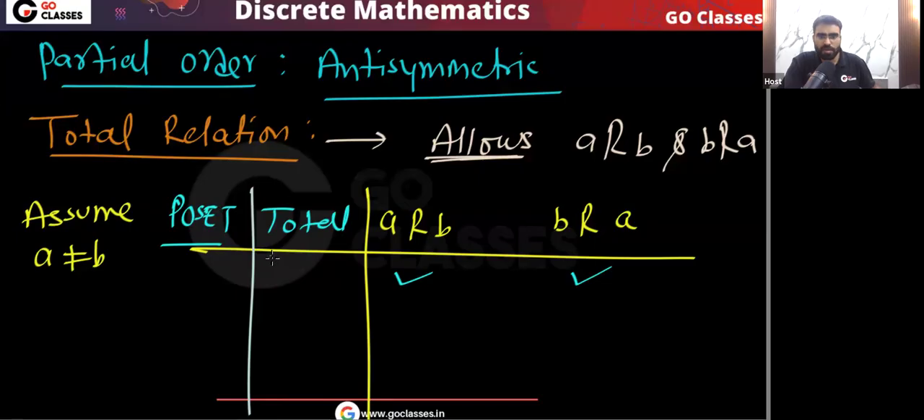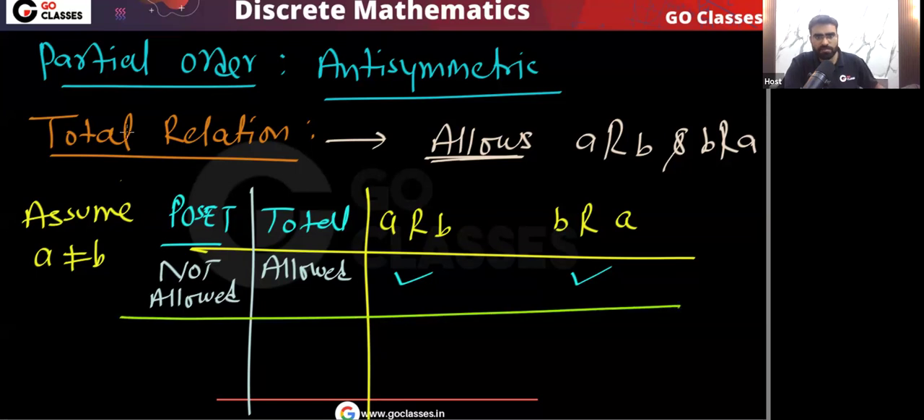Let me know. See, both happen. This is allowed in total, but this is not allowed by poset. Yes or no? Agree? Okay. Now, can you notice that